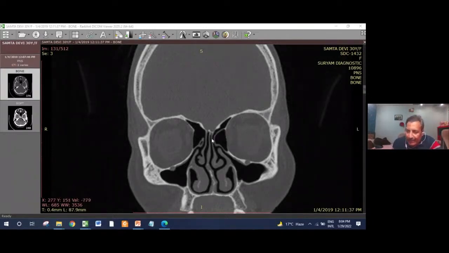Because of this cellularity and bony structures, what is the most prominent cell? The bulla ethmoidalis. And what is this structure? This is the uncinate process. This is the middle turbinate, and this is the infundibulum, through which the middle meatus